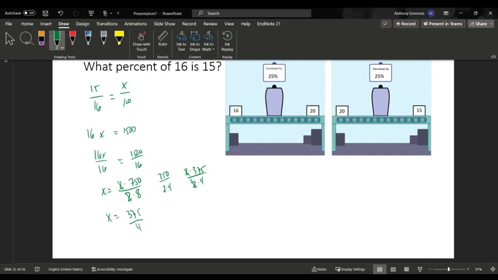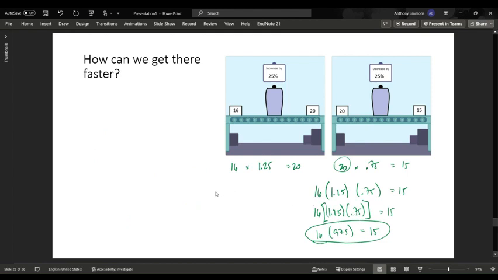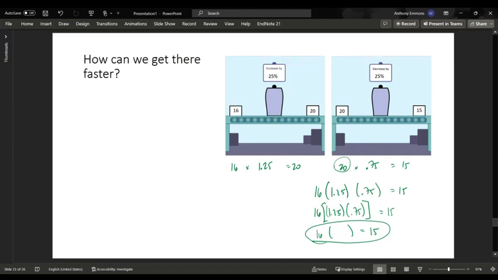And then I just realized that this is 93.75%. So 15 is 93.75%. It is actually 1,500 divided by 16, so I apologize for making that mental error. 15 is 93.75% of 16. But the question is, right, how do I get there faster to this 93.75%? And so I want them to try to see that